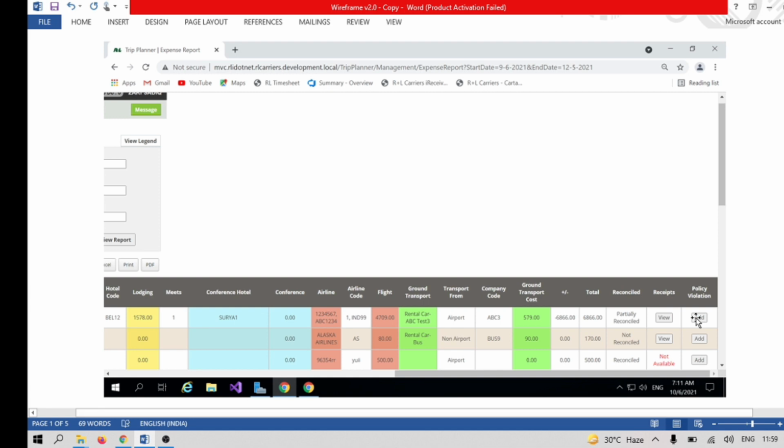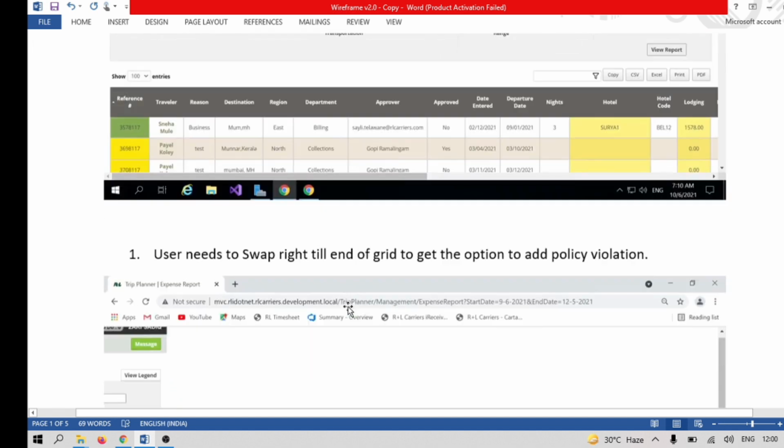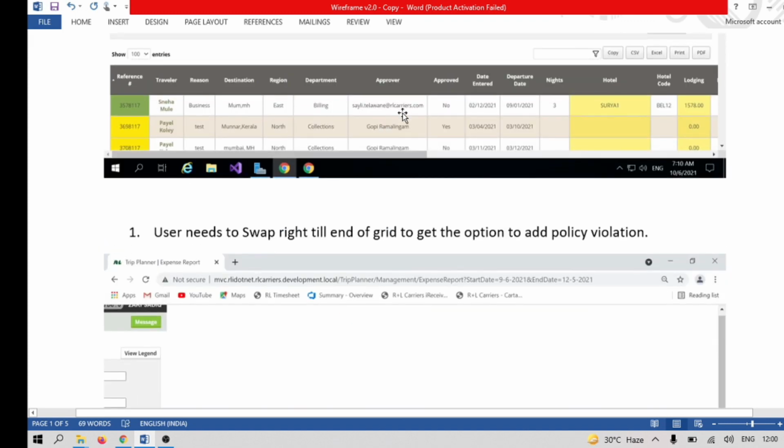The user is submitting some hotel details and some fare details, but after verification, the manager finds that these details are not accurate or proper, or you are reimbursing more than the expected amount. In that case, the manager can add the violation. For that, the user is expecting this particular column for each itinerary. Itinerary is basically, you can say, a reimbursement number.